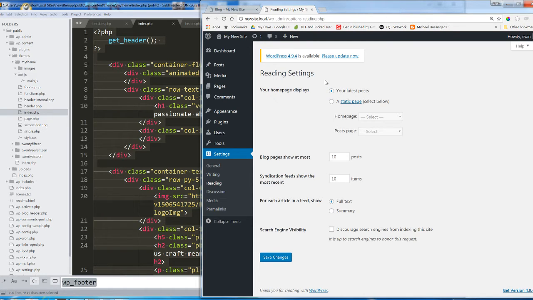So by default, your home page wants to display a collection of your latest posts, just like the Codify example we just looked at. But instead, I'm going to select a static page here, because that's pretty much what we're doing. We're forcing it to use a static page. And I'm going to set home page to this new home page which we created, and my posts page to blog. I'm going to save,